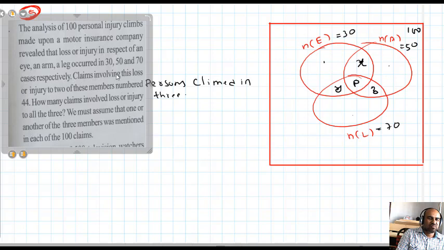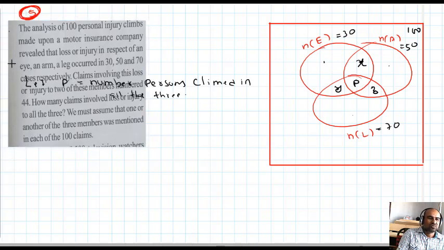Okay. Claims involving this loss or injury of, okay, sorry,